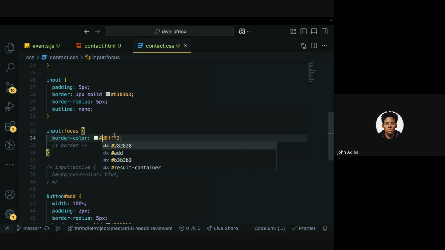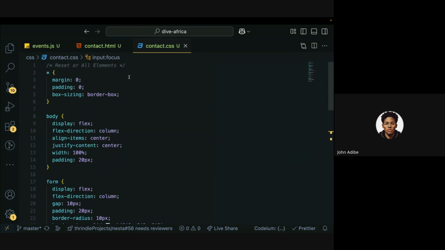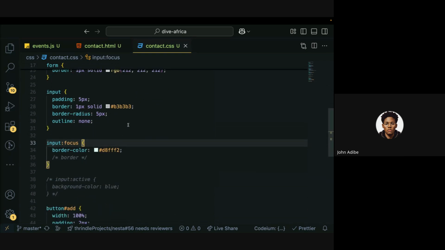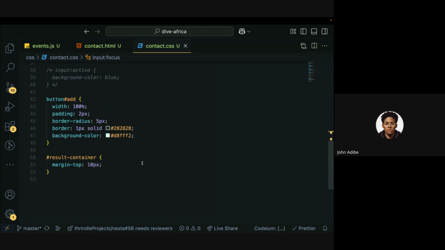Instead of me doing all this copy and paste, I can actually have a variable here, then declare the variable and just reuse it. That's even the best approach. But because we're not talking about CSS today,